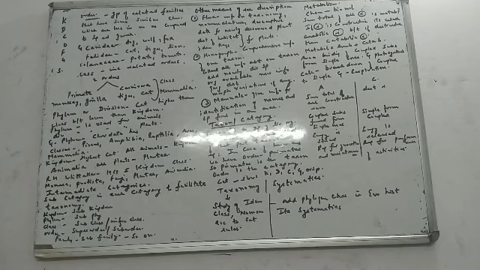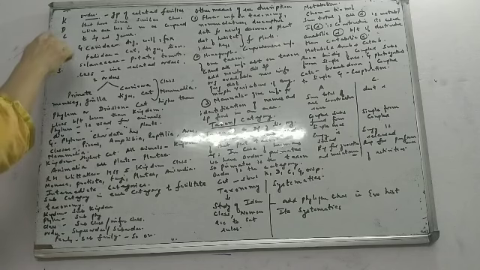Now, after order, the next level is class. The definition would again be very simple. What is a class? It includes members of orders which are closely related to each other. Different orders closely related to each other are put in the next category, which we call class.